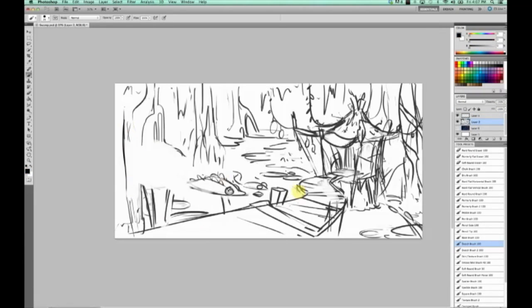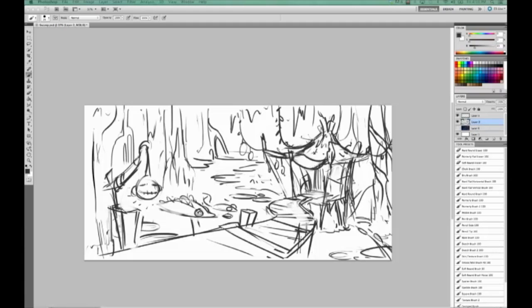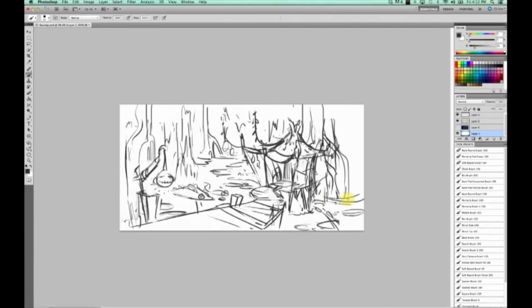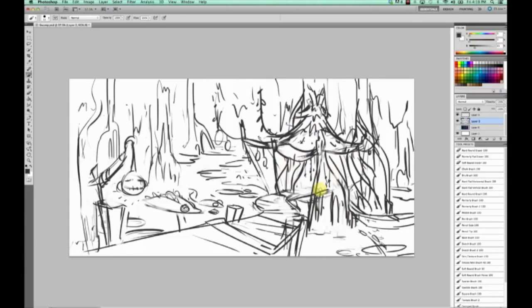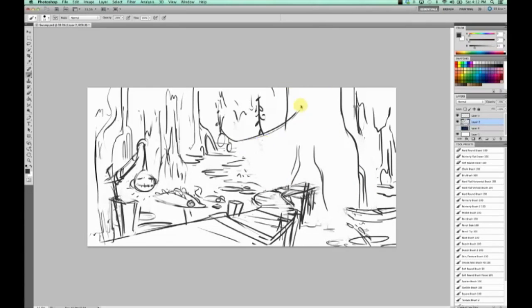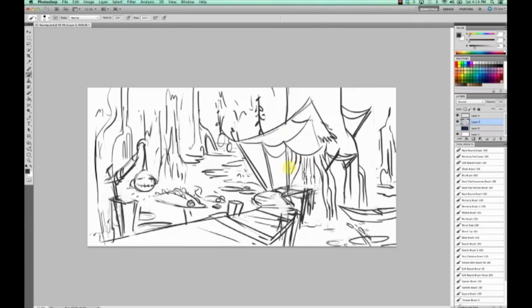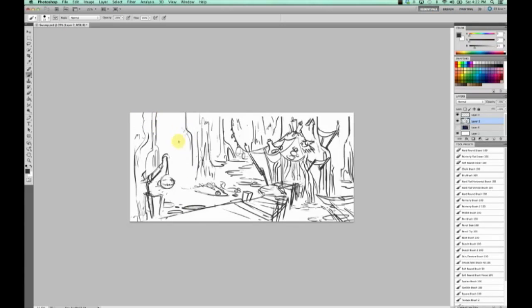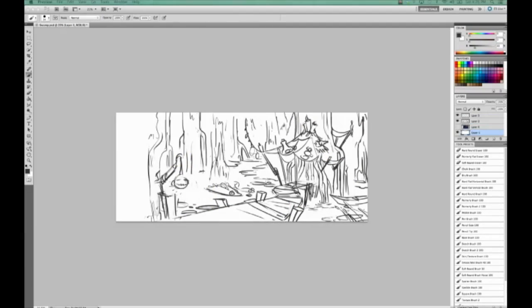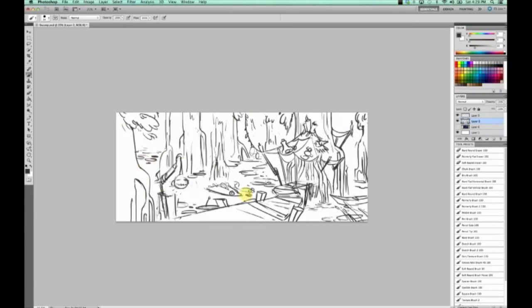Before, you just saw that I tried to do a color sketch, even though it was probably way too early for it, which is why I went back here and tried to refine my sketch to really nail down the design before I tried to dabble in the color. Doing one thing at a time is easier, it's more organized, and I think you learn faster that way if you're a beginner. If you're a veteran painter and you're just amazing, you can probably jump right in and figure that stuff out. But anyway,